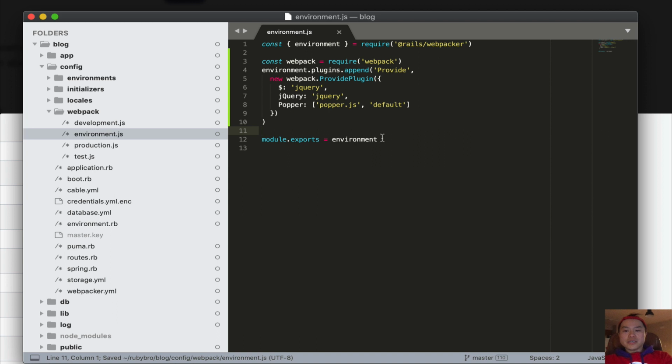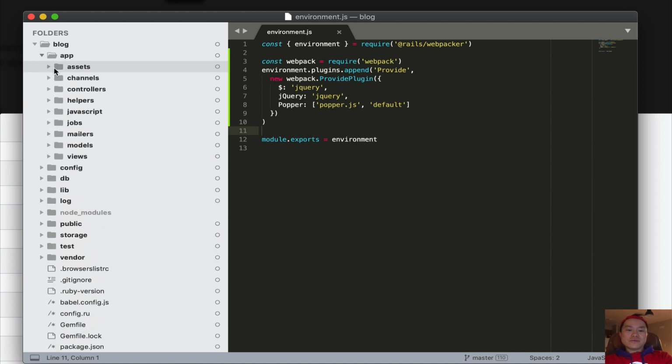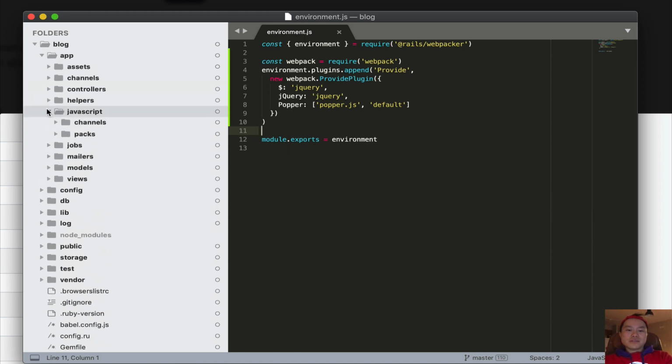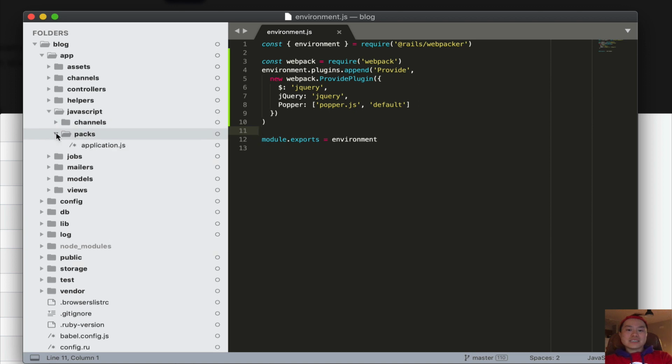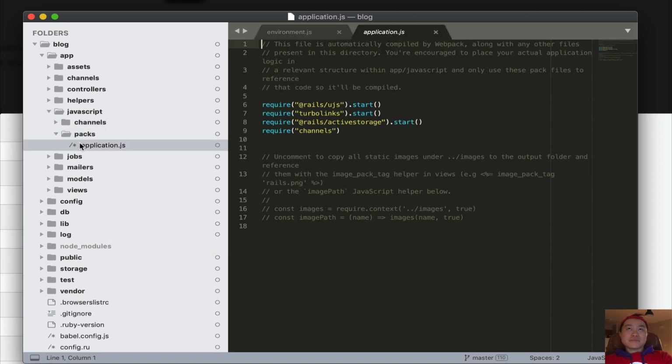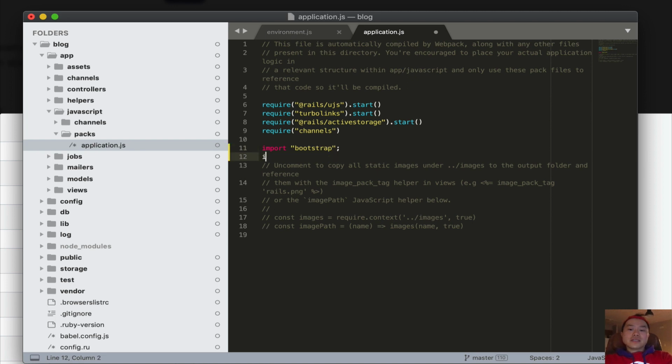Okay, so save it. And then the next file that we do is, we close this, go to app, go to javascript, go to packs, and then I have this. Here, just under the require, I will add the following: import bootstrap, and then import custom,